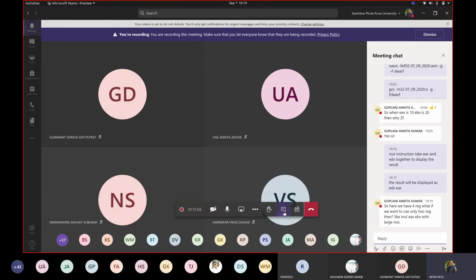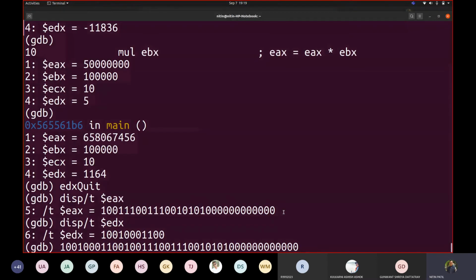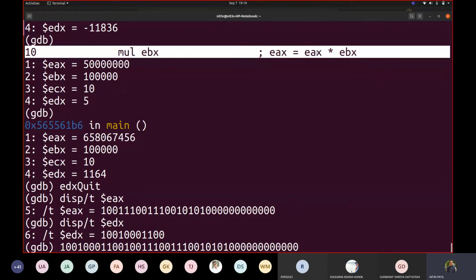Sir, here we have 4 registers. What if we want to use only 2 registers, then MUL EAX EBX with large numbers? No, the MUL instruction will always use one parameter, and by default it considers that the other parameter is in EAX. You can use EAX, EBX, ECX, EDX, ESP, EBP, ESI as well.